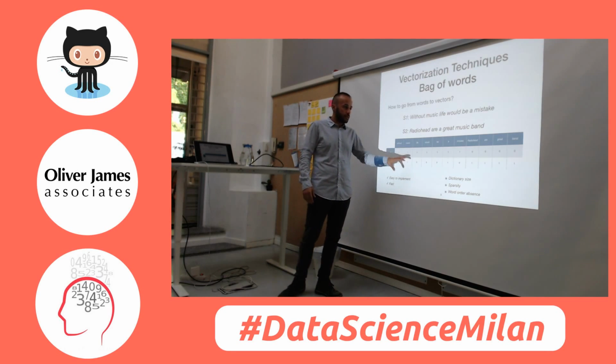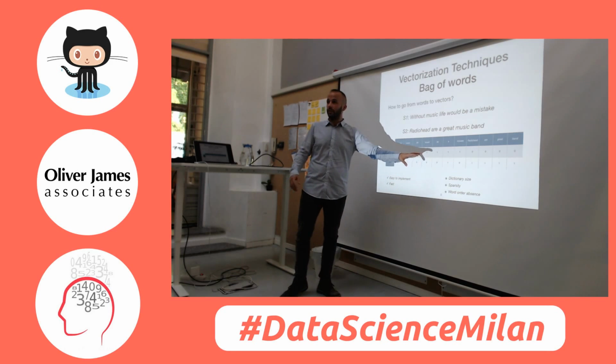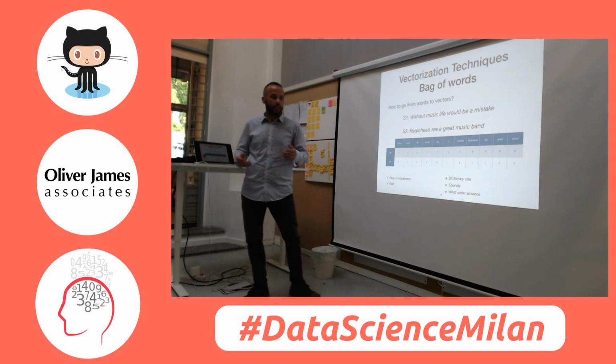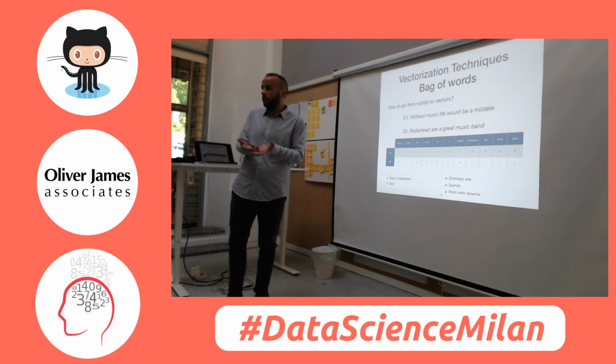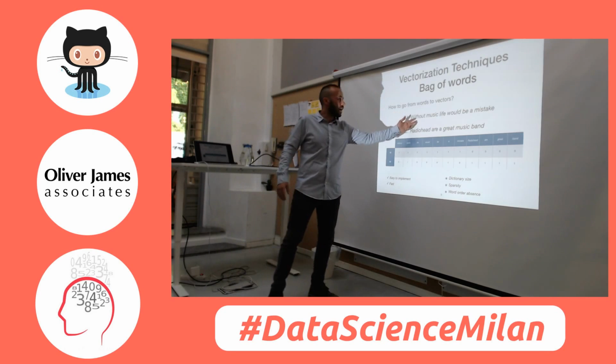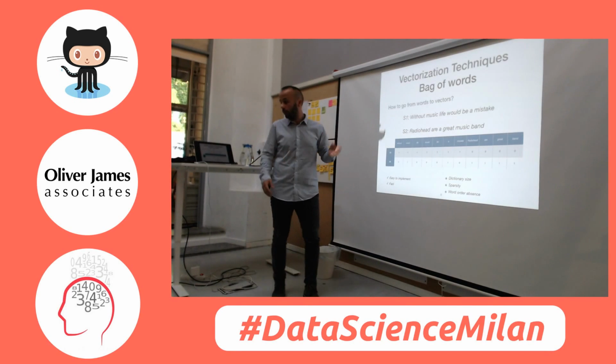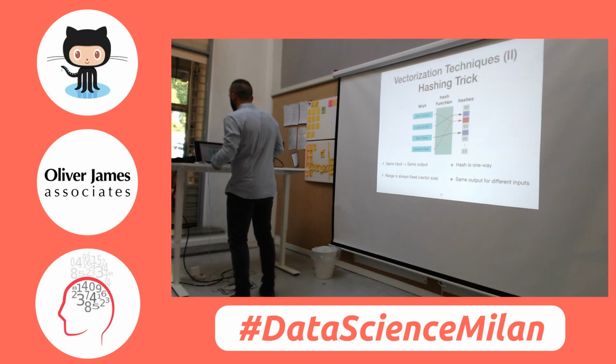In the sense, sparse is a vector that contains a lot of zeros. So it's kind of a waste of information, the fact that we have so many zeros. So that's another con of bag of words. And then bag of words doesn't care about the word order. So if I said "without" and I put it at the end of the sentence, it will be the same for bag of words. So great.